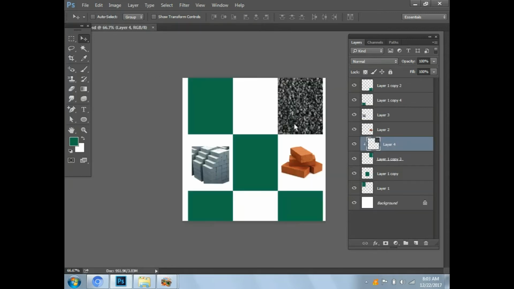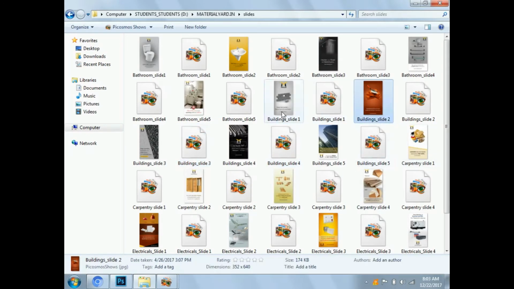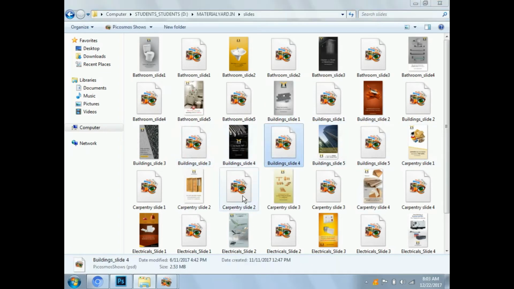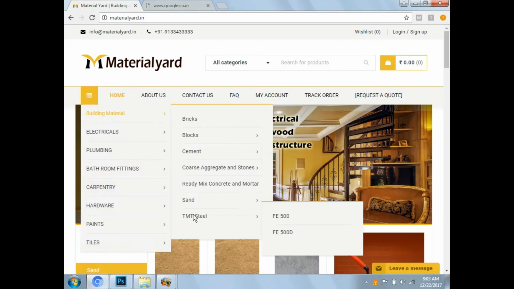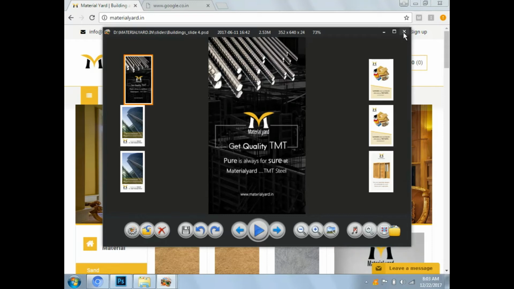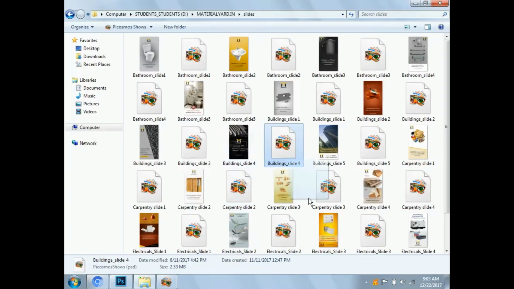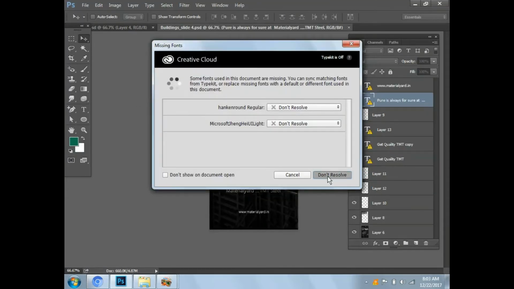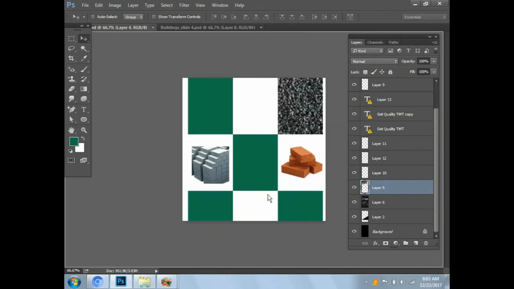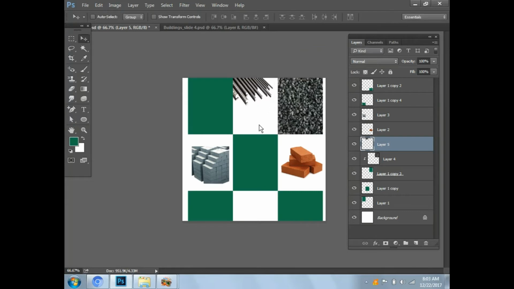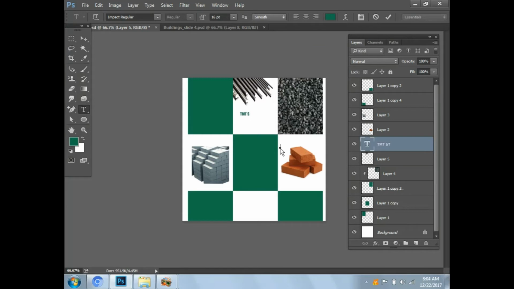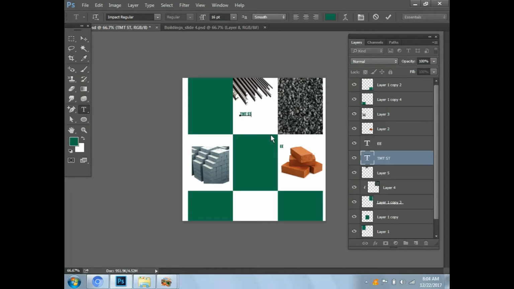Select this one. TMT steel, okay. TMT steel, bricks,